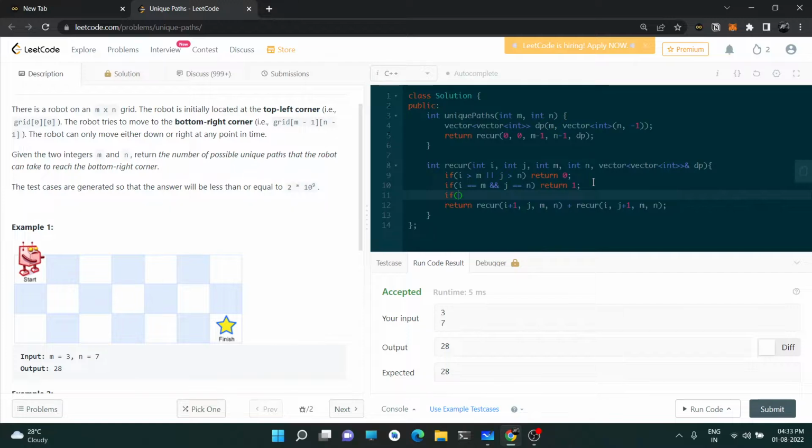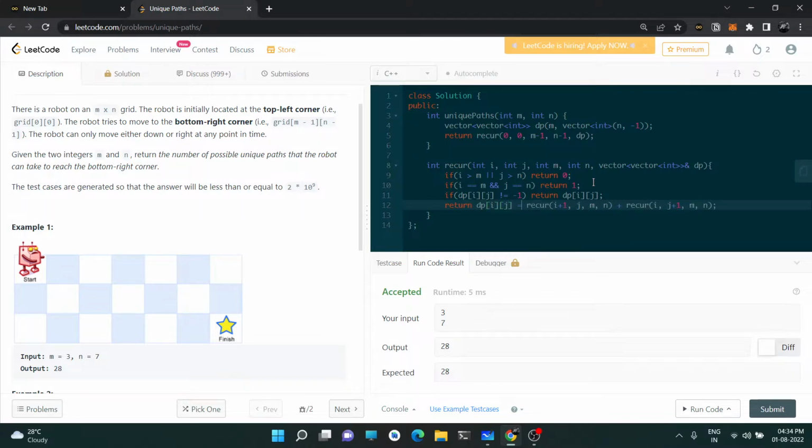Now, if dp of i j is not equal to -1, that means we have put some value in it already, right? So the answer for that position is already calculated, and we don't need to calculate it again. This is basically what memoization does. So we'll simply return dp of i j, and here we'll